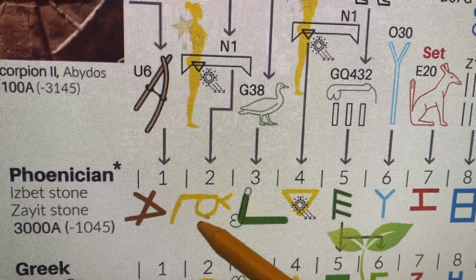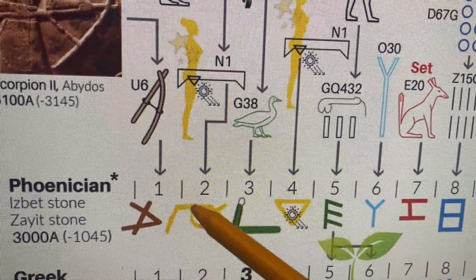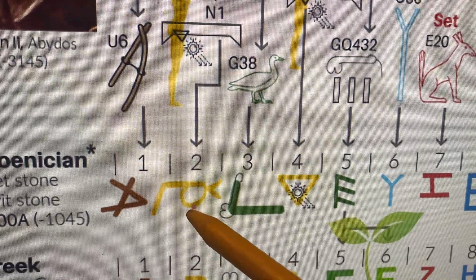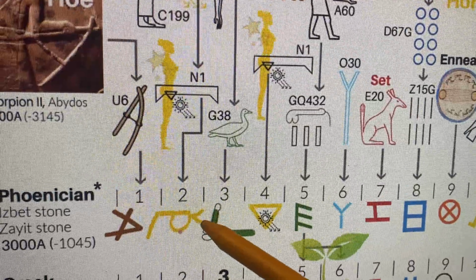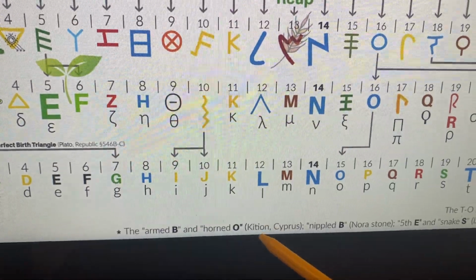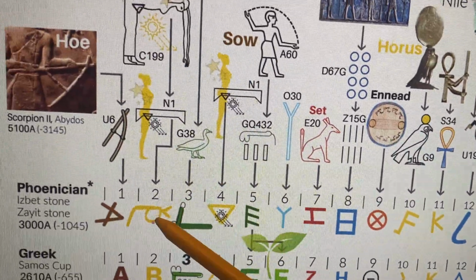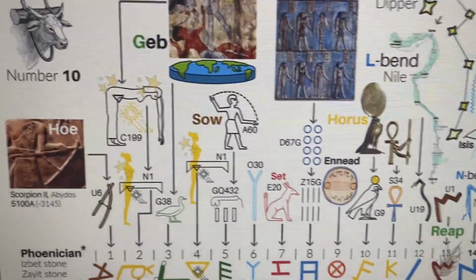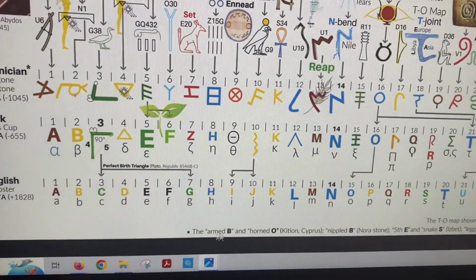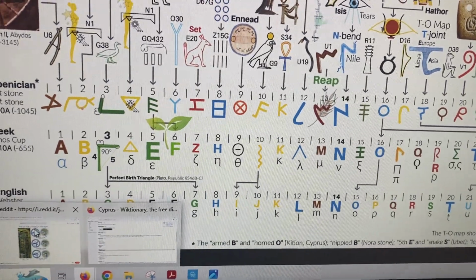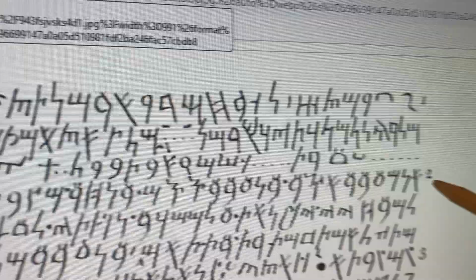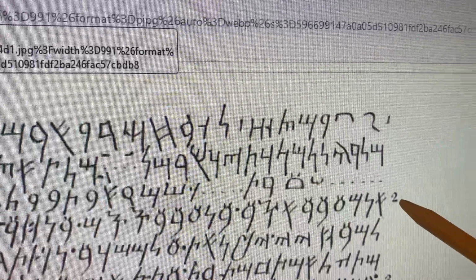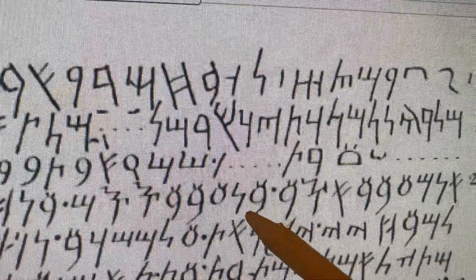and this became the Phoenician B, where we see the legs here, the breast, that's a nipple, this is from the Nora stone, and these are her hands, right here. And this is from the Kition Cyprus inscriptions. So from line 2, of the Phoenician inscriptions, we see that this is B,